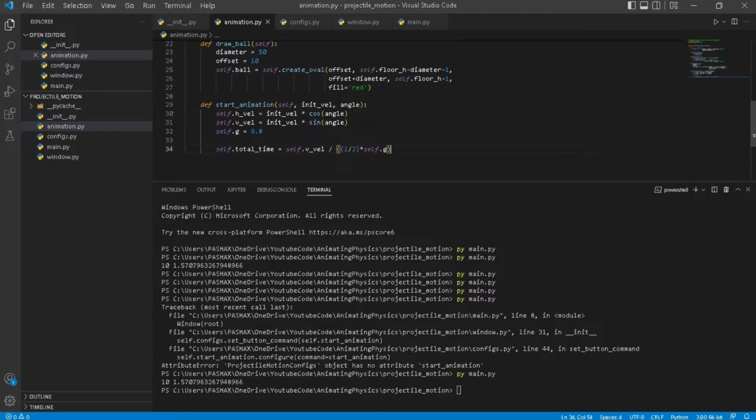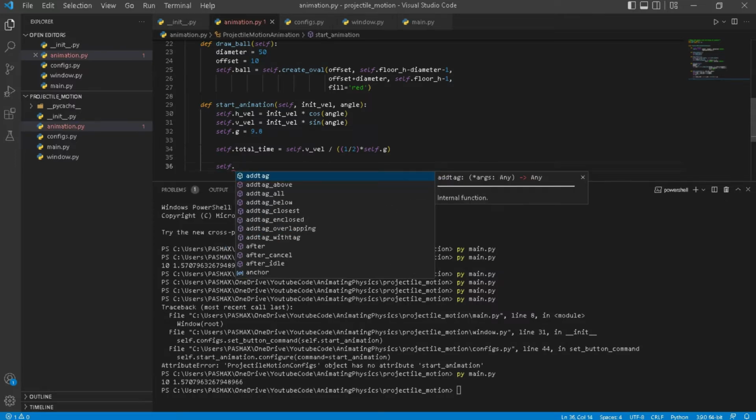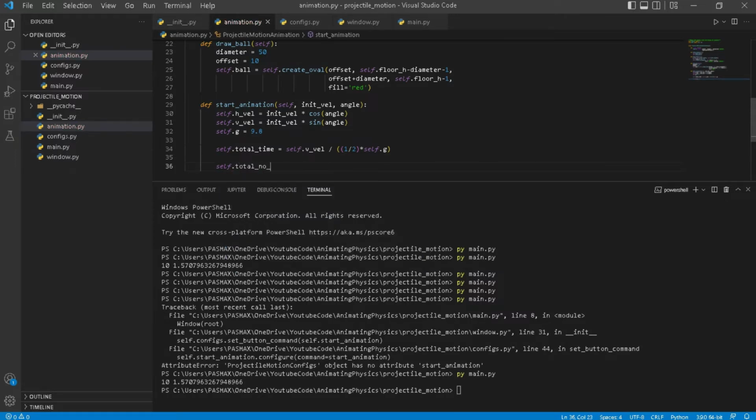Now, because this is an animation, we're going to need to redraw the ball in a new position several times. And each time we redraw the ball, we're going to call that a frame. Those of us who game might be familiar with that concept. And so the amount of times we're going to redraw it should change depending on how long the animation will be. So for setting the total number of frames that this animation will take, I'm going to take the total time, so how long it's going to be in the air for,